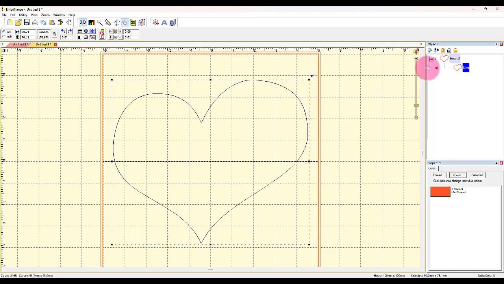Now if you'll notice over here in the objects panel on the right, I have one object, one design, and it's a line, a heart line. I really want it to be stitches, but you know what I really want it to be? I really want it to be an applique. And making an applique is so easy in this